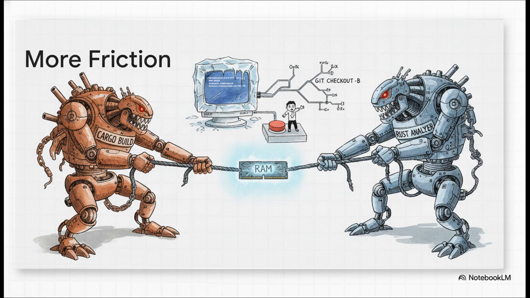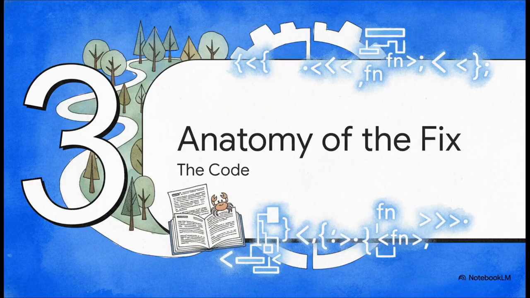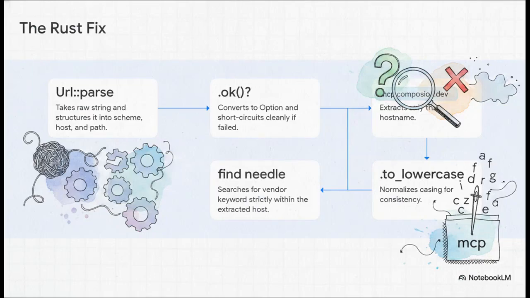A simple git checkout -b followed by your new branch name completely saves the day. Section 3. Anatomy of the fix. The true elegance of this fix is all in the details. Step 1 is URL::